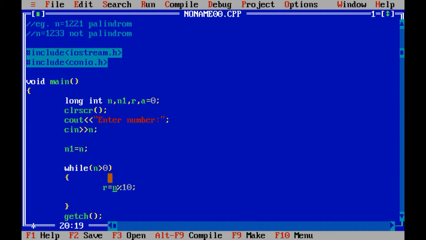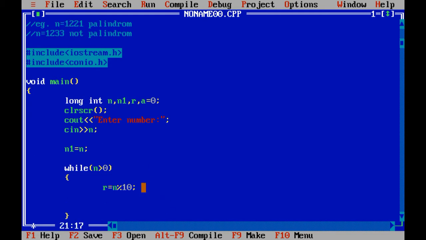So first the value of r would be 1, then the value of r would be 2, follow my cursor, then the value of r would be 2 and again the value of r would be 1.